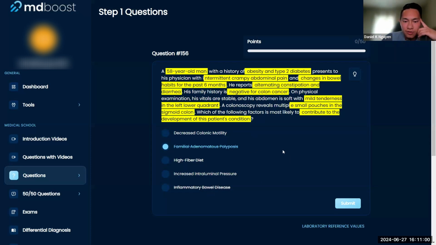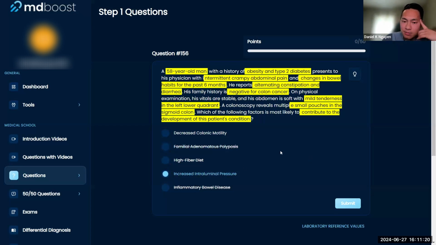decreased colonic motility, familial adenomatous polyposis, or increased intraluminal pressure. So these are the two things I'm thinking about. In medicine, I never talk in absolutes, and you'll notice this when I go through questions with you. On test taking strategy, my most likely answer would probably be increased intraluminal pressure, because